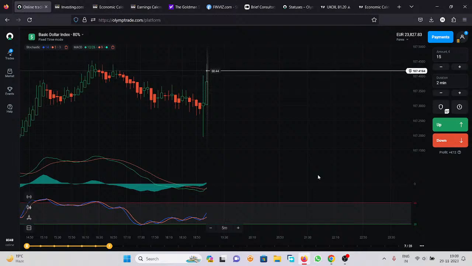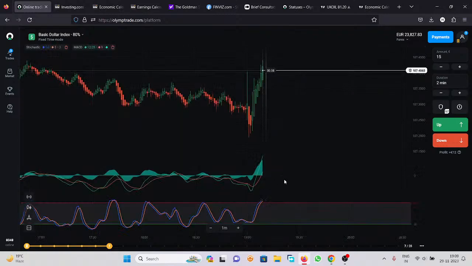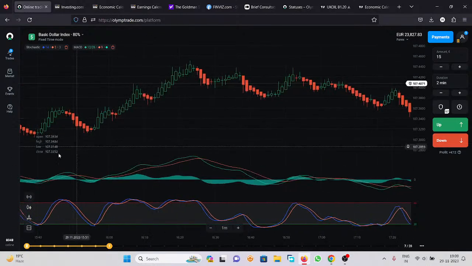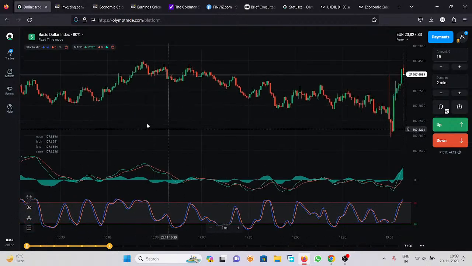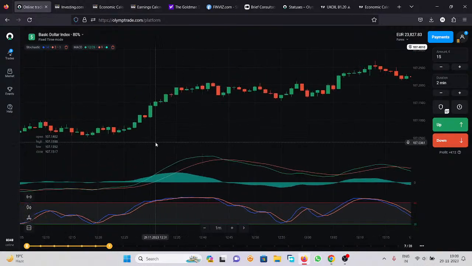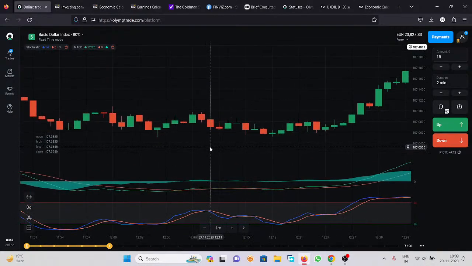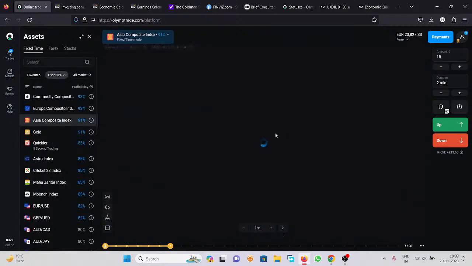European Composite Index worst chart. Sir, it depends on the condition. Whenever this is actually a feedback, but I take it as a question. Remember one thing: whenever you are putting a single asset, I told you in the starting, if you remember, I mentioned about the trend of uncertainty. You will get this trend of uncertainty in every chart. Doesn't matter, European Composite Index, Asia Composite Index, Commodity Composite Index.